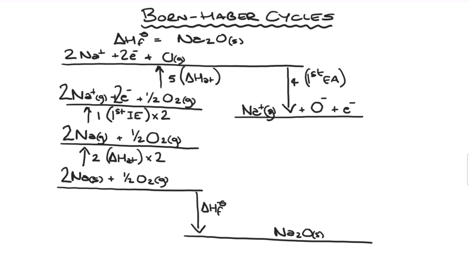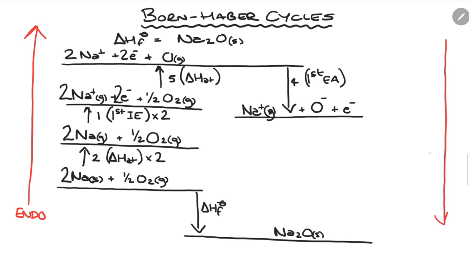What you'll notice is, as you do in an energy profile diagram, any value which goes upwards is assumed to be endothermic, and anything which is coming downhill is exothermic, and therefore will be releasing energy. So essentially we're putting energy in for everything that goes uphill, and we're getting energy out for anything